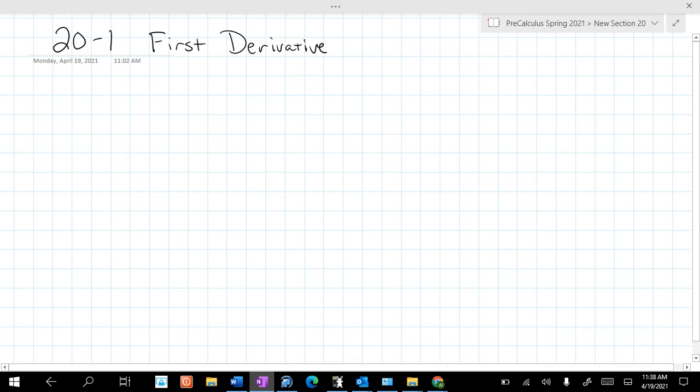All right. So we're going to look at first derivatives. And what a first derivative does is it finds the slope